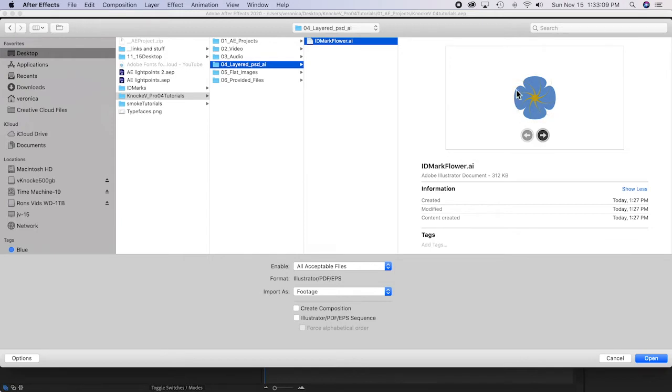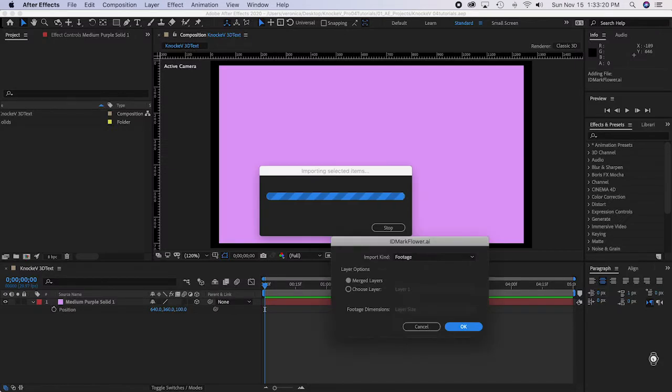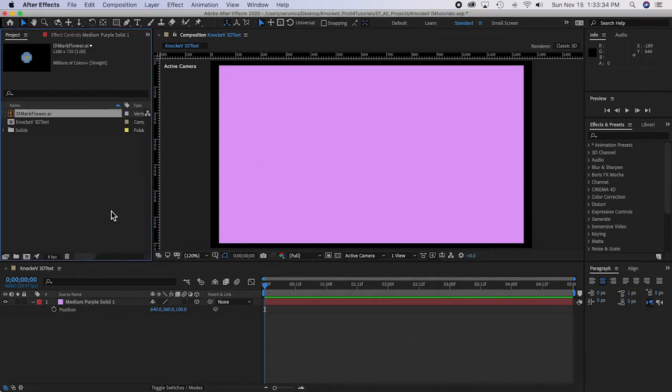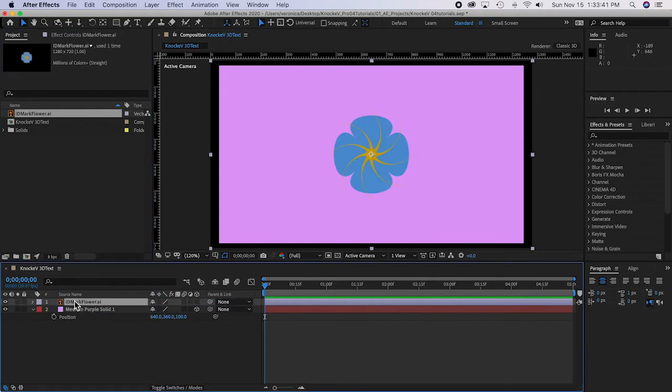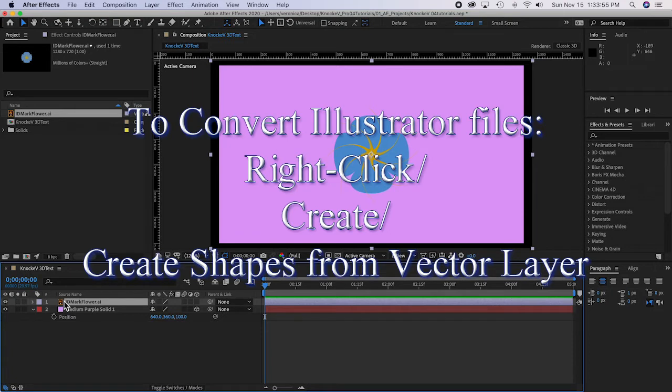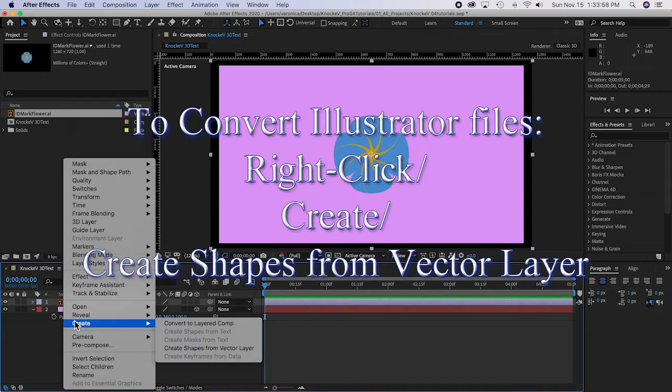ID Mark Flower, there it is. It's a nice blue color. I'm going to import it as footage because I don't need the layers, but it's still going to be an Illustrator file, which is a vector file. I'm going to drag it down into my timeline. There it is. I'm going to right click on it, and I'm going to go down to create shapes from